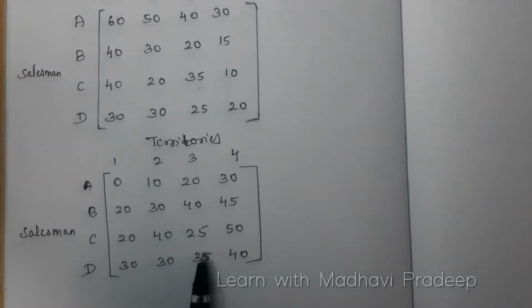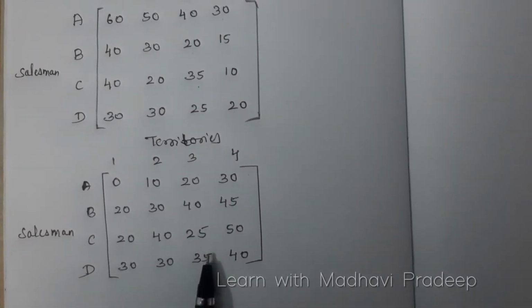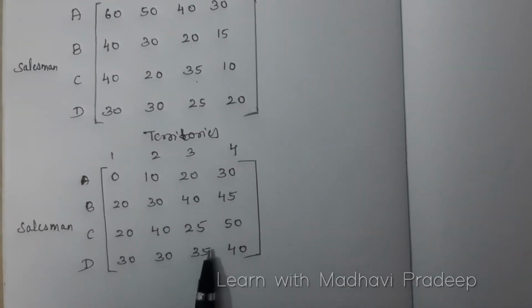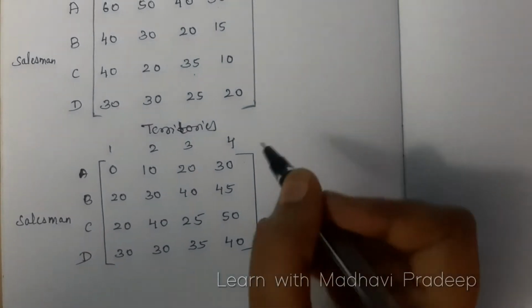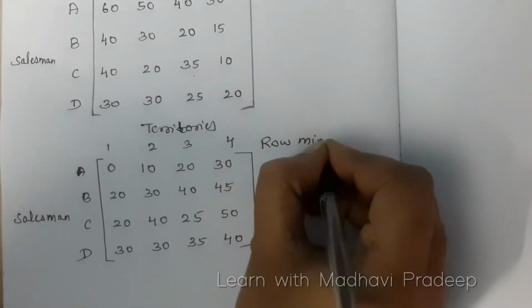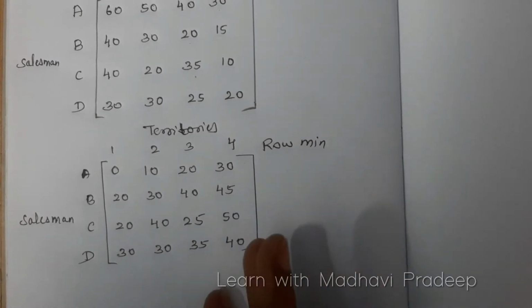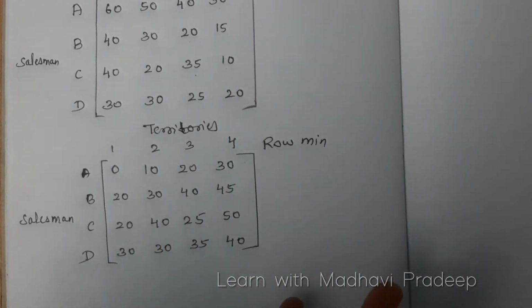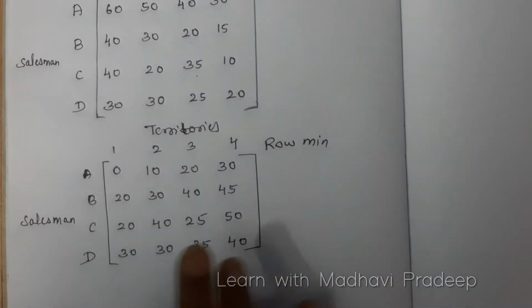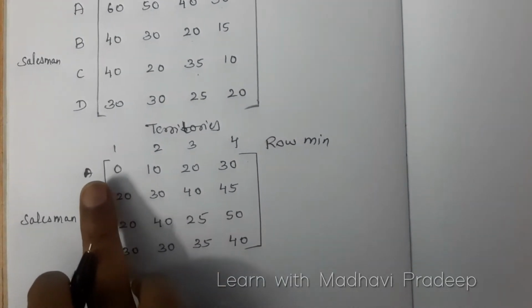If it is a balanced assignment problem, you need to move on to step 3. So you can follow the algorithm. In step 3, we need to find the row minimum value. If it is unbalanced, you need to add a dummy row or dummy column with the cost value of 0. Okay, so it is balanced here. So let us move on to step 3. That means we need to find the row minimum value for each row.